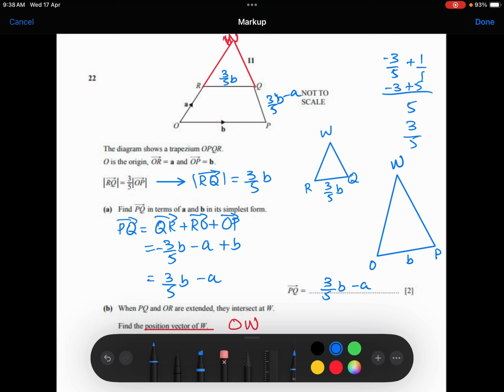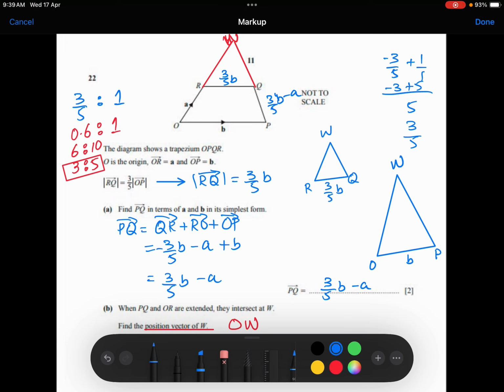So we need to find out the ratio here first of all. This is 3 by 5 ratio 1. So we need to simplify this, to see what 3 by 5 is. We know that 3 by 5 is 0.6 ratio 1. To understand this we need to simplify it, so we multiply both sides by 10. Multiplying by 10, this becomes 6 ratio 10, and simplifying, it becomes 3 ratio 5, which is the ratio between these two triangles. Okay, that is 3 ratio 5.